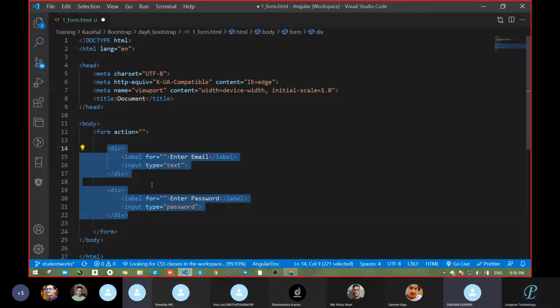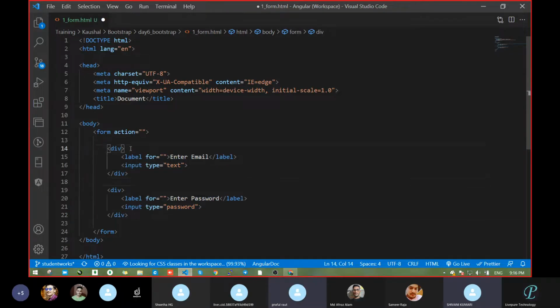Yes, sir. Div is a container type, it works at block level, and div is a container, particularly used when you are writing any style. So that is the main use of div.